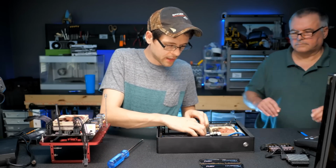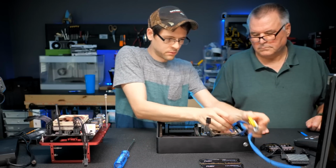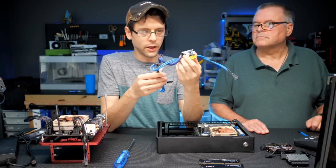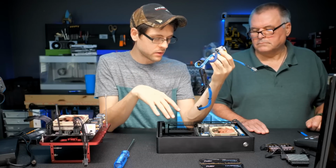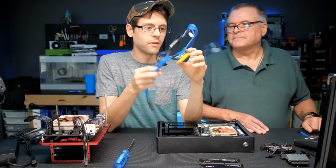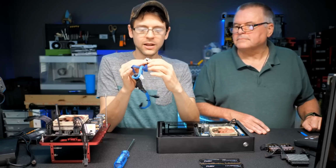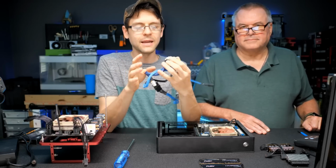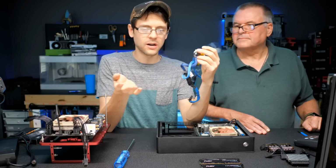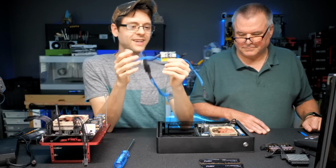And now for the motherboard. This is a poorly wired Pico 160 XT that I had wired like 3 computers before you ended up with this one. Wait, what? I got used parts? Yeah, you got used parts because this was hard to find back then. This might even be one of the original prototype versions from Minibox. I would harass their engineers constantly saying, hey, that little Pico that you have, you've got to make it bigger. It's got to support a graphics card. And their engineers would always be like, why? Who wants to put a graphics card in a computer case this small? Well, I guess it was good for me in my business, but...